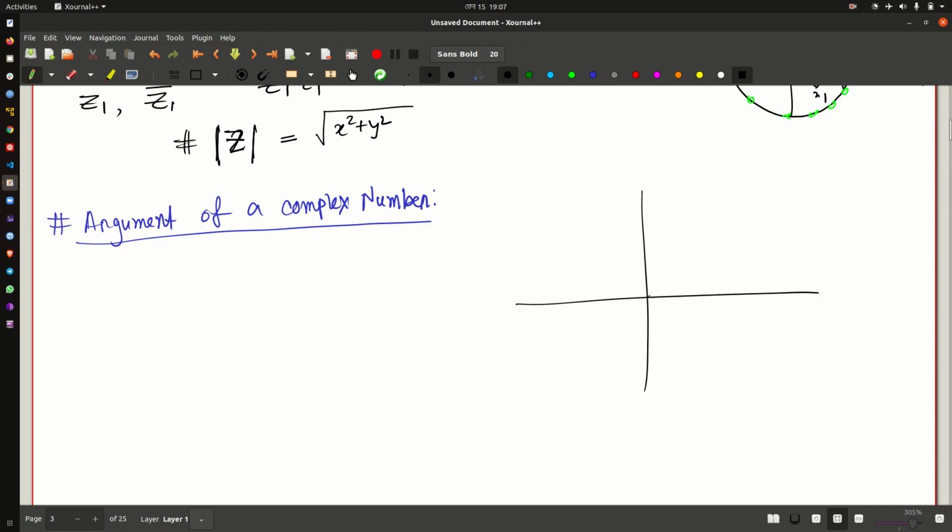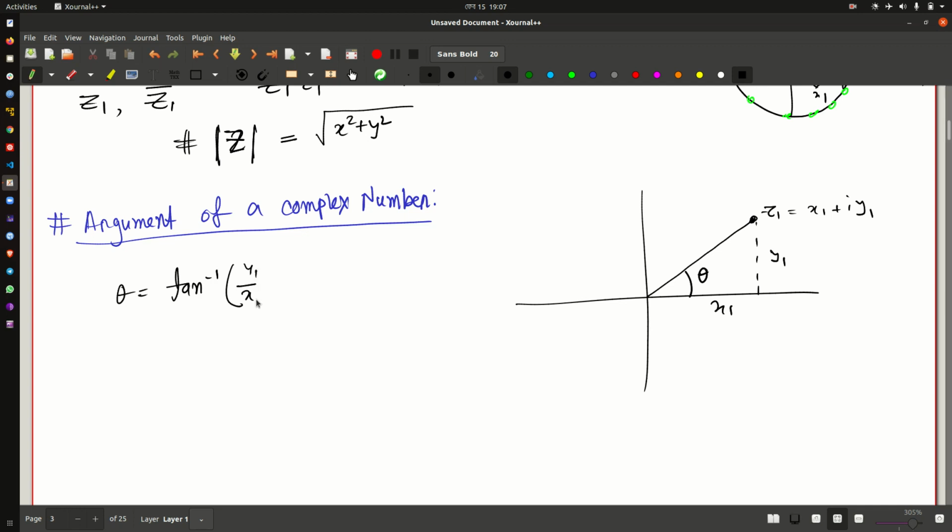Let's say this is a complex number z1 that has x and y components written down as x1 and iy1, and we want to find out this angle. So this is y1, this is x1, and as you can see, this is pretty easy. So we will write theta as tan inverse y1 by x1, like this. This is the argument in simple terms, but there is an issue,